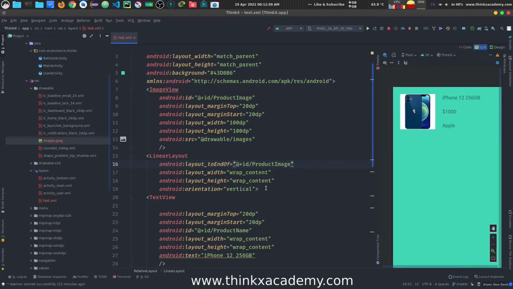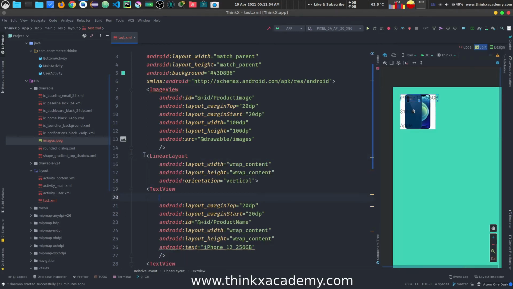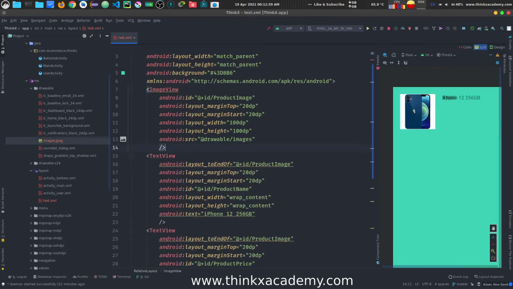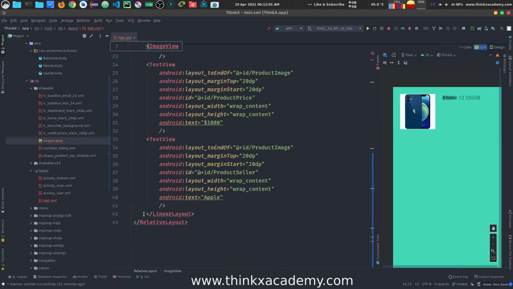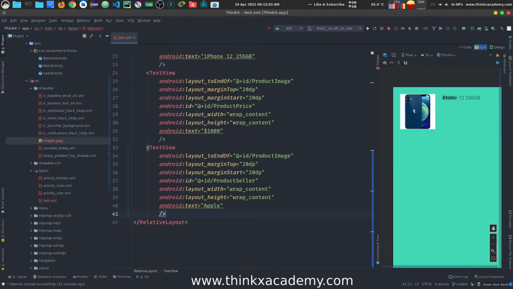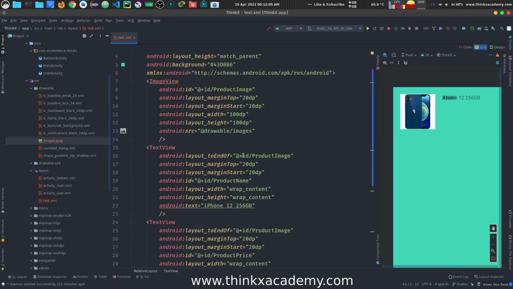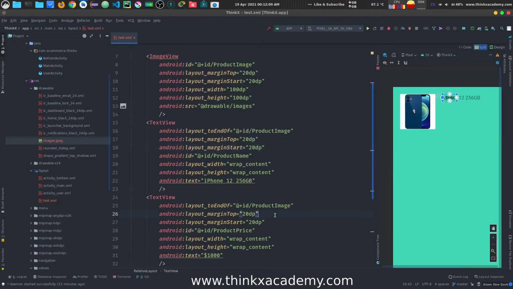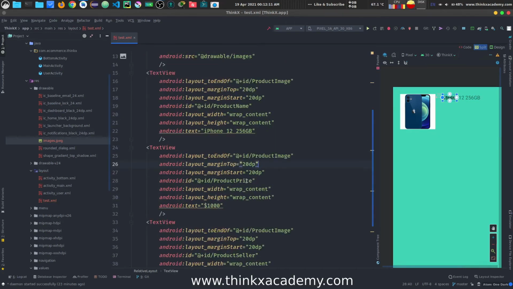The second way of doing that without using this linear layout, right? So I'm just going to press Ctrl Z and I will remove this linear layout from here. We are going to completely use relative layout only, right? So now what I want to do is, I want to show this text view, which is the product price, and it should come below this text view, right?